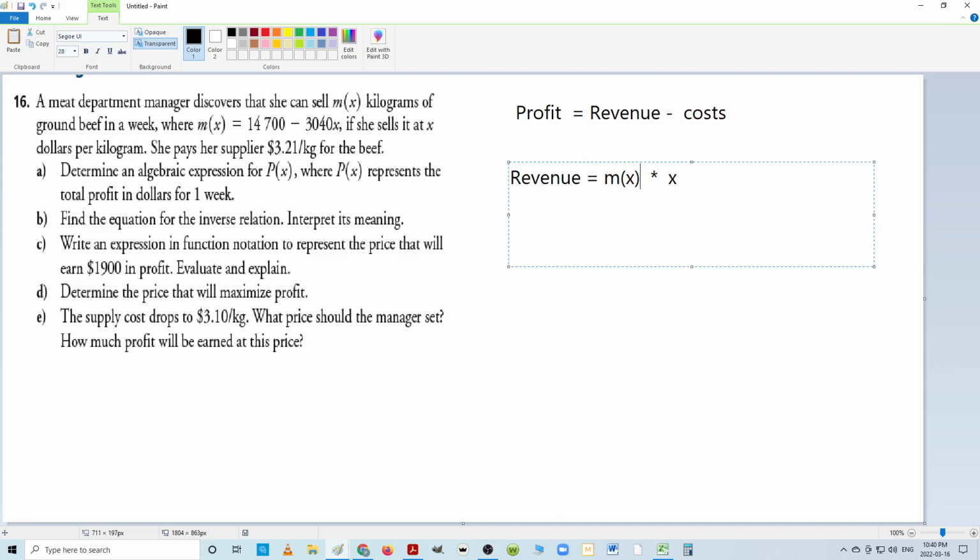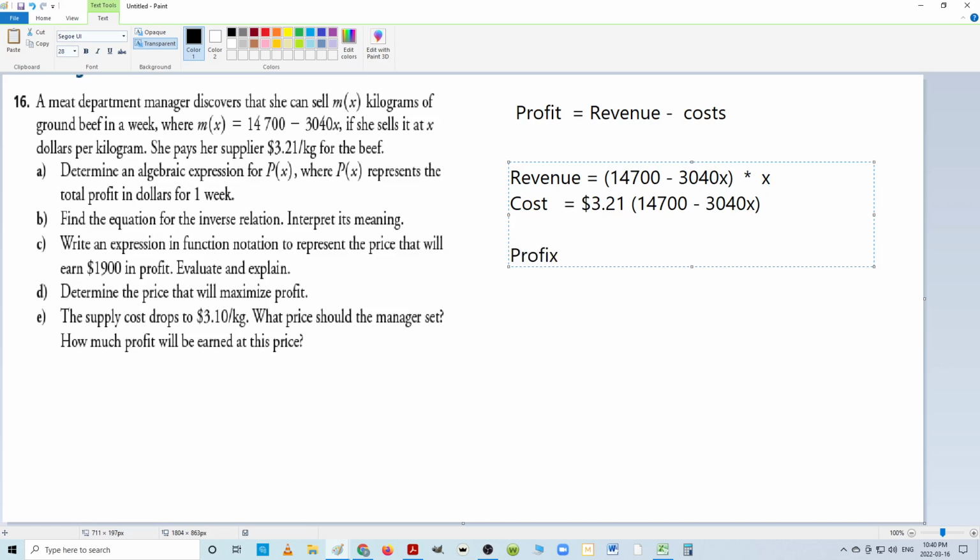So when I replace m of x with the actual formula in the correct order, it won't really matter. This is what I have for how many kilograms I sell, and it goes down as the price goes up. Cost, she pays $3.21 per kilogram, but that's going to depend on what price she sets for it. So again, it's 321 times 14,700 minus 3040x. So it all depends on what price she sets, which is determined in x here, which means